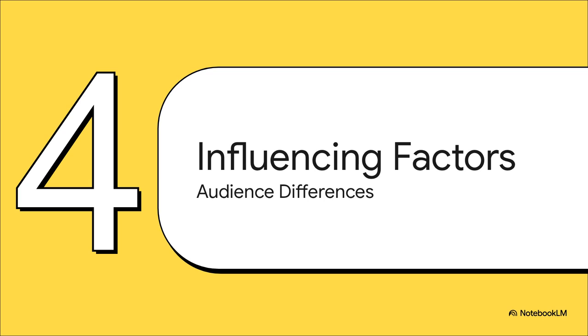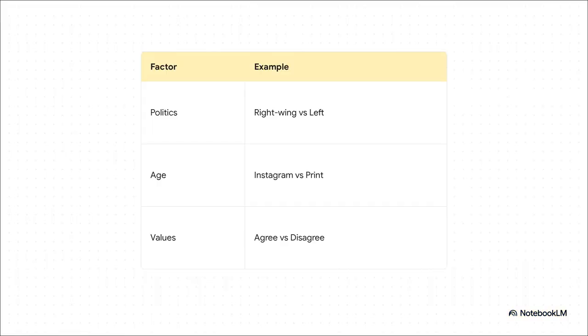Section 4. Factors influencing audience response. And this brilliantly illustrates how audiences are absolutely not a monolith. Let's look at how politics, age, and values change the reaction. Because we don't all respond the same way, a politically right-wing reader might look at coverage of Brexit or immigration and find it highly frustrating or biased. But a politically left-wing reader will look at that exact same text and interpret it as totally fair and balanced. We aren't saying who is right or wrong here. We're just objectively observing that political framing dictates the response.